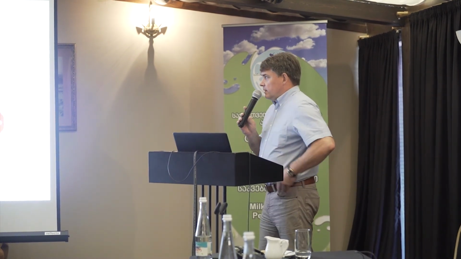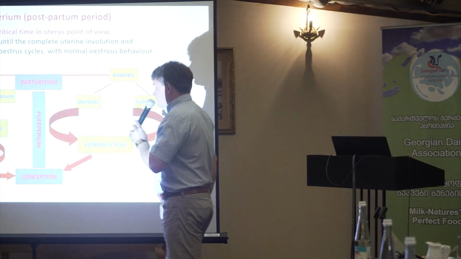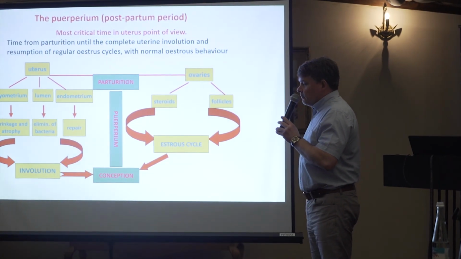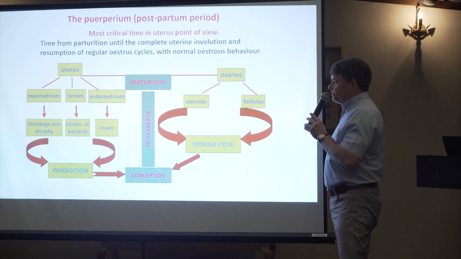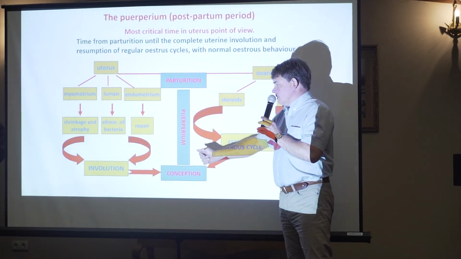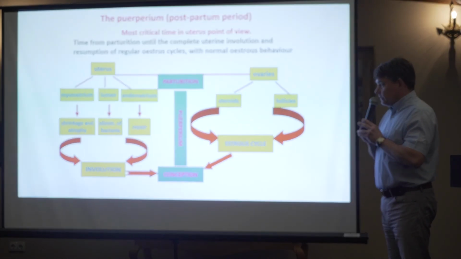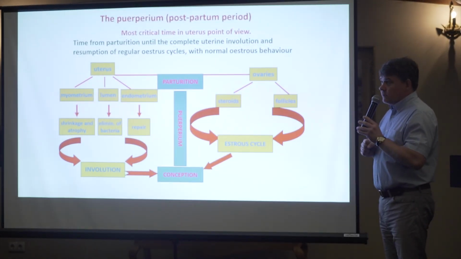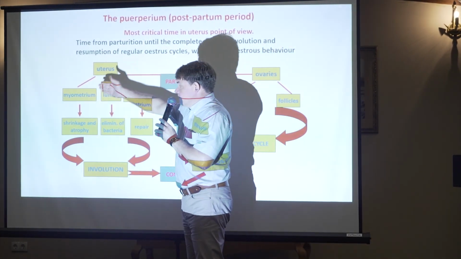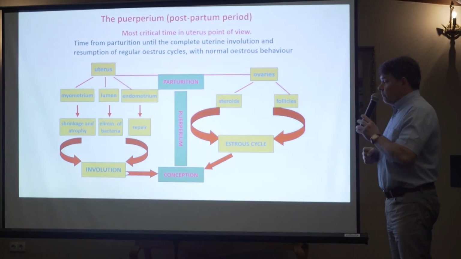Because on the one side there is parturition, it's here. At the same time, on the other end, there is a new conception. So the postpartum period, or puerperium, is some sort of bridge which is connecting this parturition and the new conception. And to get the cow pregnant again after parturition, we need two sides. One side is the ovaries here, and the other side is the uterus. And both of them are involved in successful new pregnancy establishment.